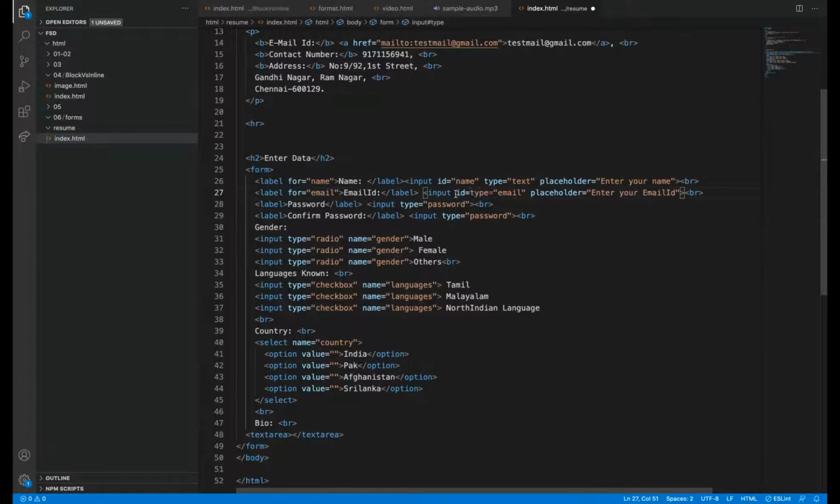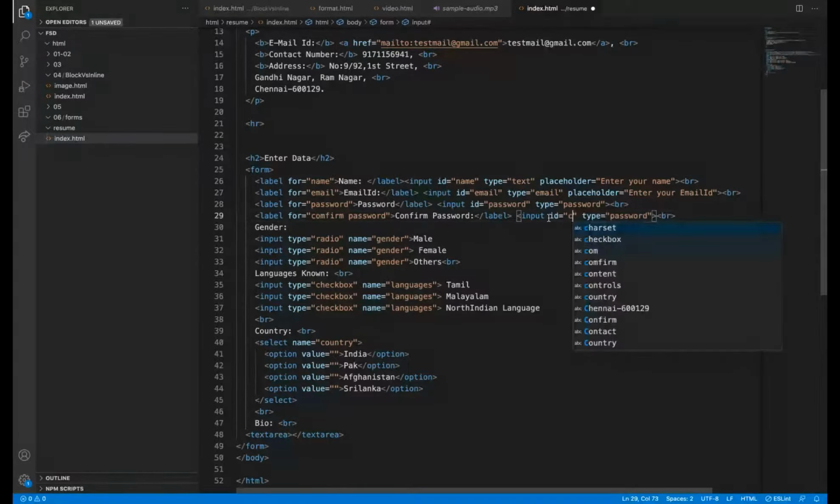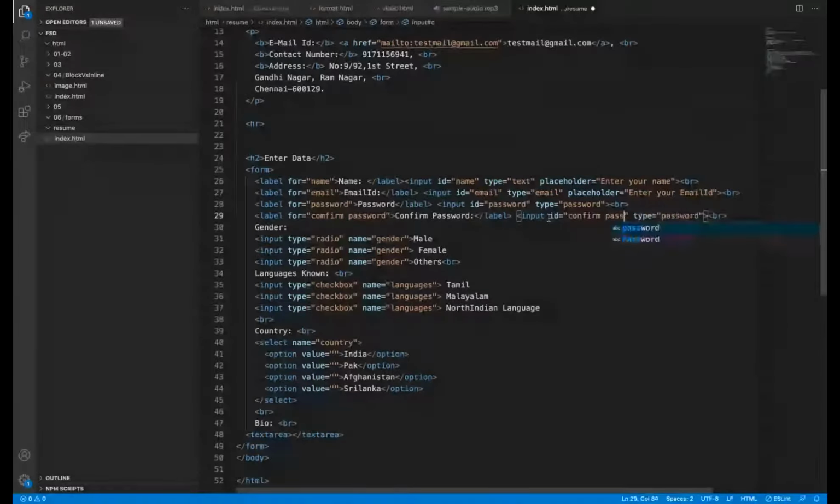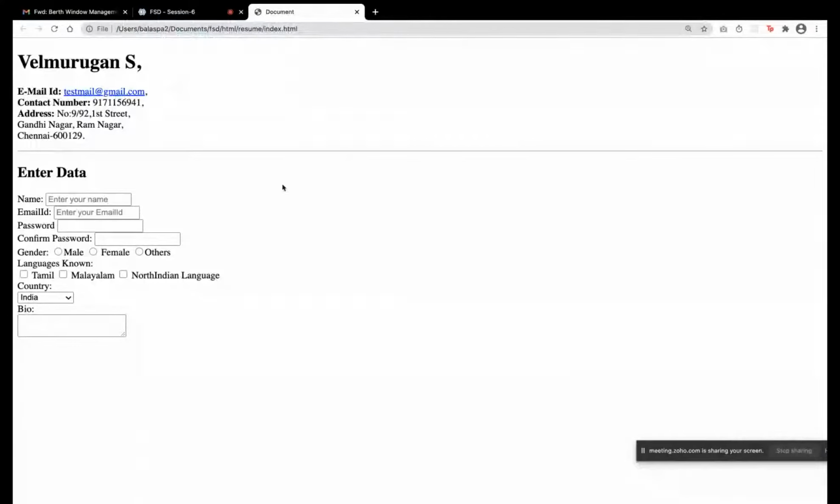ID, password, ID equal to password, confirm password, ID equal to confirm password. If I'm clicking on it,